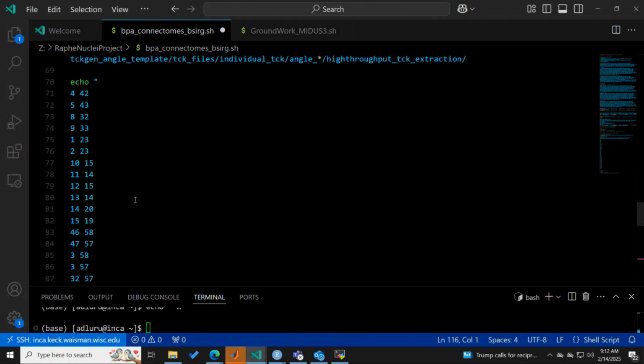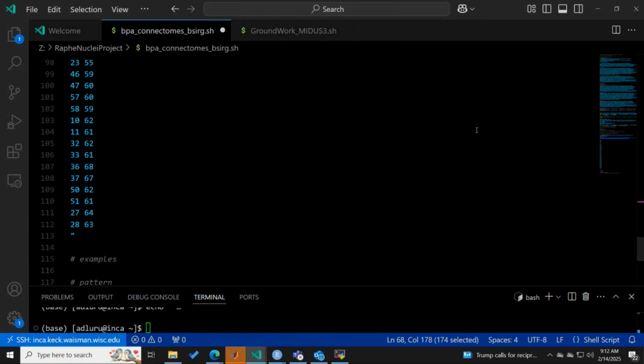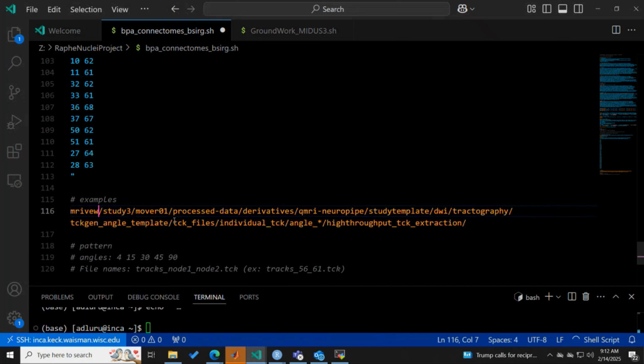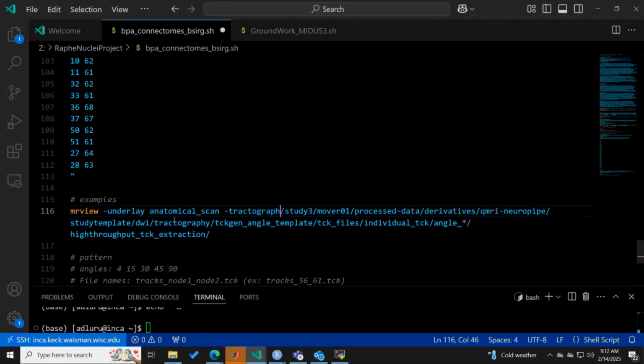So first, let's get the rendering piece figured out. We need, for all the angles, okay? But let's pick like 30. I'm just gonna make up something first. In mrview, I think the underlay should be the anatomicals. Just making something up. Tractography load would be